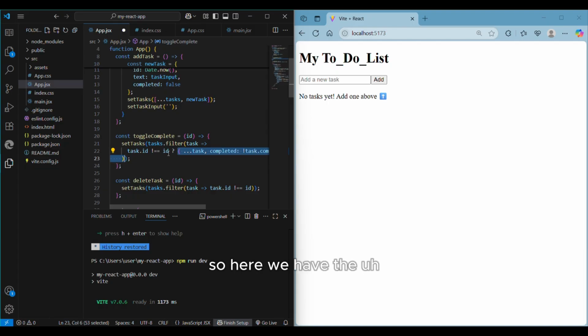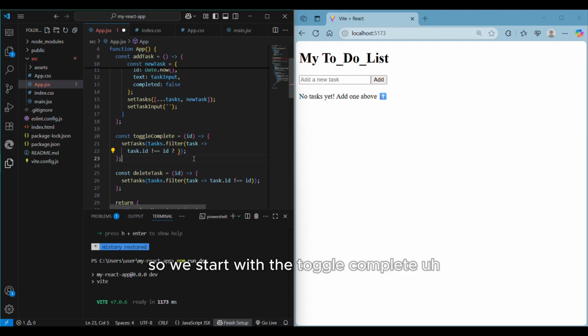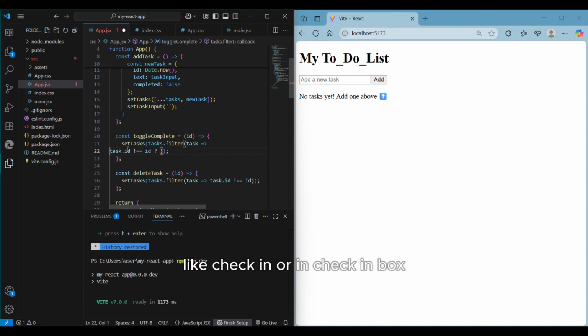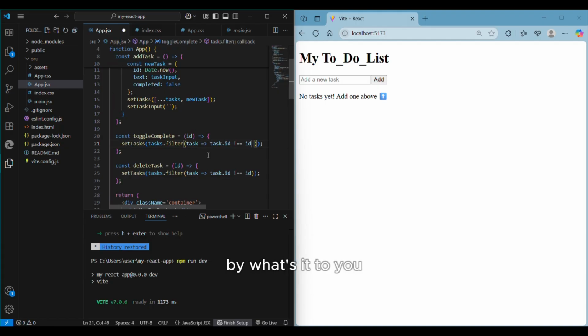So here we have the toggle complete function and also the delete function. We start with the toggle complete, where it takes the task's ID and flips its completed status, like checking or unchecking a box. The delete task function removes the task from the list by